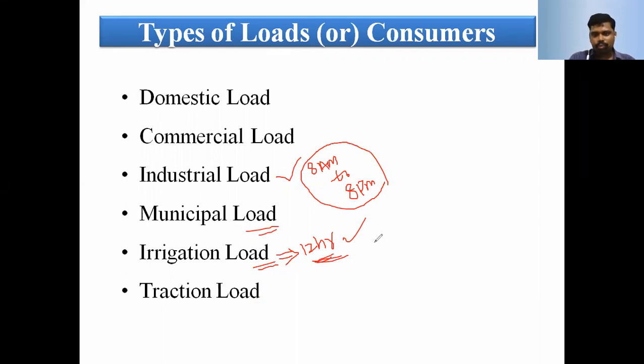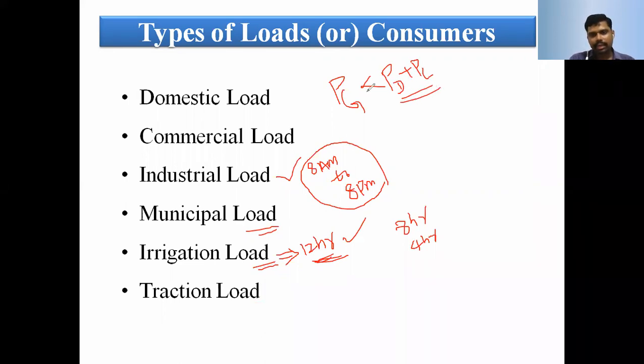At present they supply the load in the daytime itself. In the daytime they supply for 8 hours, and at night time they supply for 4 hours or 2 hours. Because at present the power generation is less than the power demand. Demand, in the sense, includes the line losses, that is power demand plus line losses. The generation is constant, and the demand is increasing.